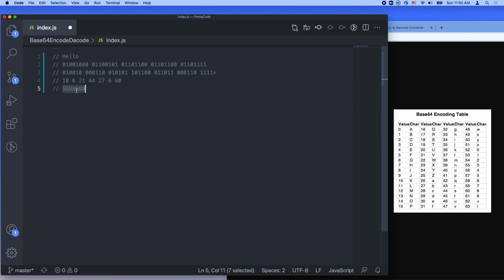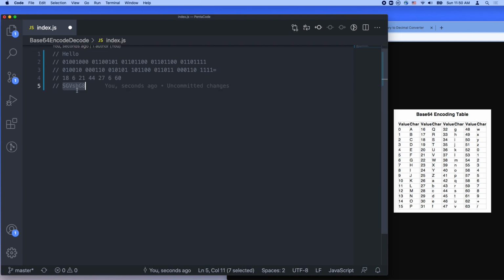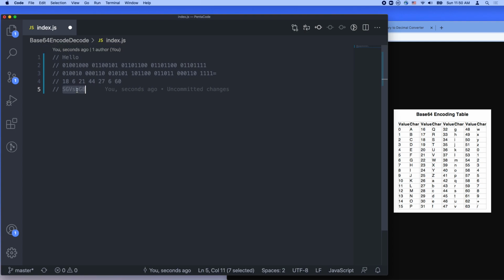So this is the base64 encoded version of the word hello.